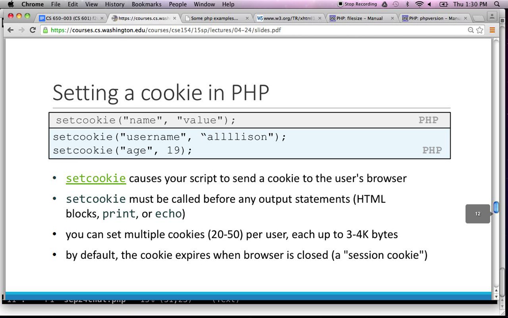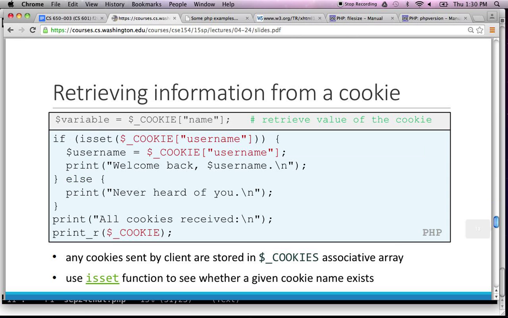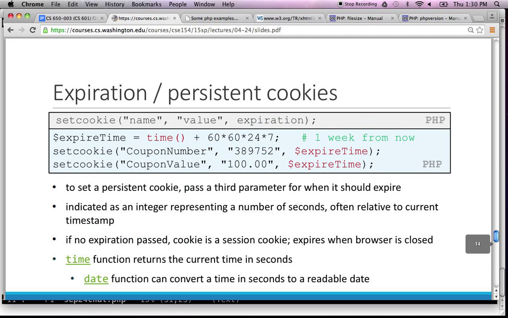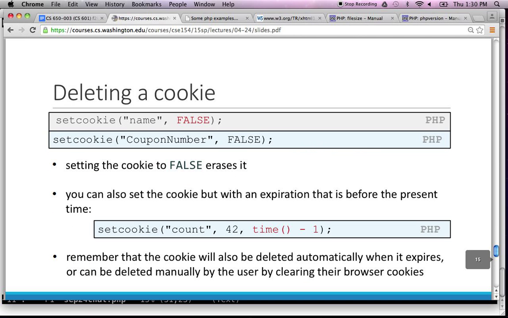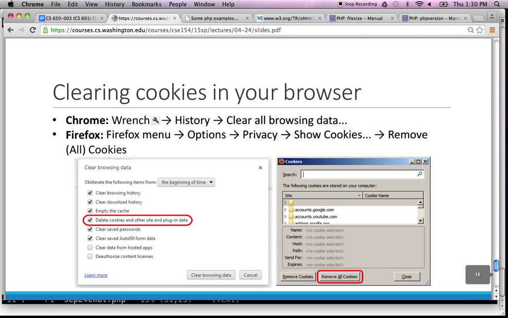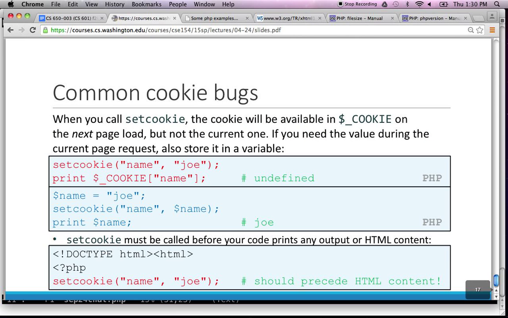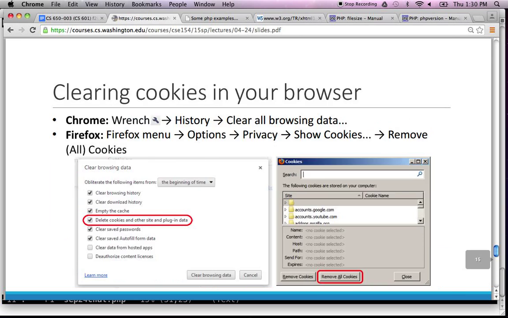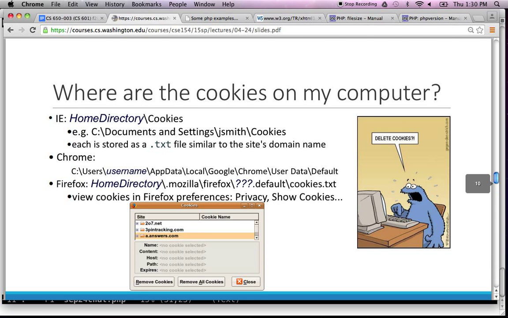I haven't looked at it yet. Well, this will be the strategy. So the strategy is,